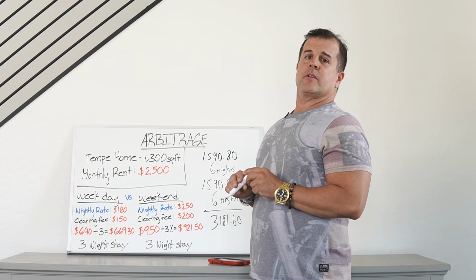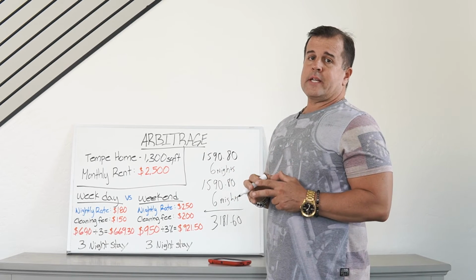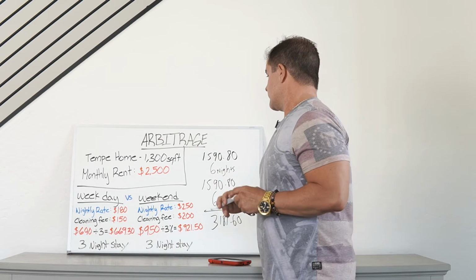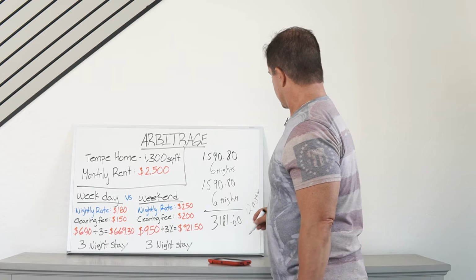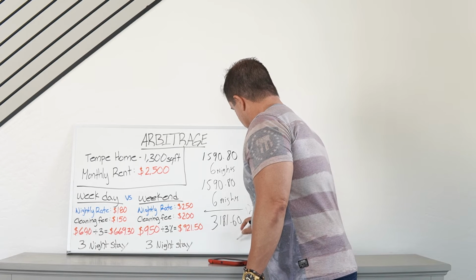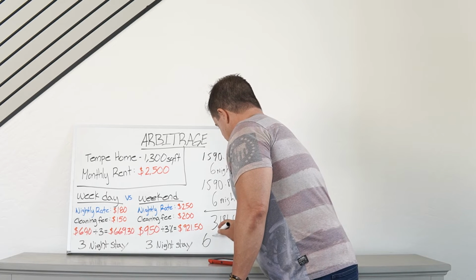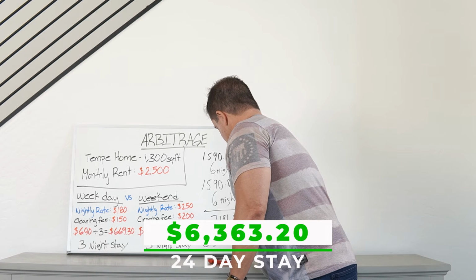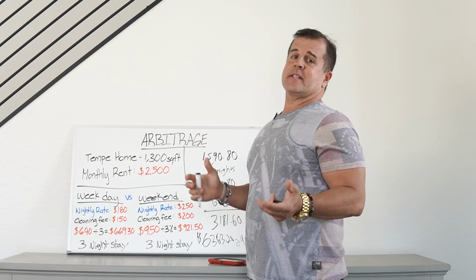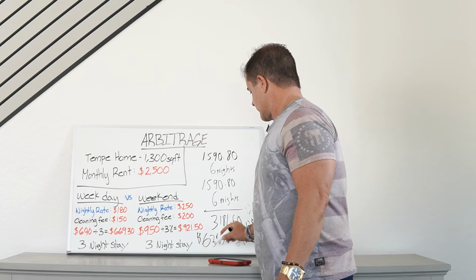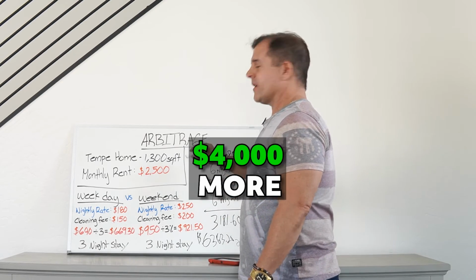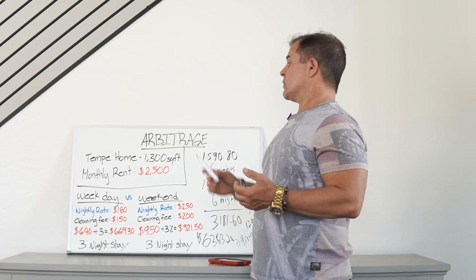That's pretty easy with your Airbnb properties. If you hit 20 nights out of 30, that's good. If you hit 25 plus, that's exceptional, and we've hit some of those numbers. For the final example, we're going to have it booked another 12 nights, so that will give us a total of 24 nights. If you just do 24 nights, you're at $6,363.20. Getting back to our original premise, velocity of money, $2,500 guys versus $6,363.20. You're making nearly $4,000 more by having an Airbnb versus a long-term rental.